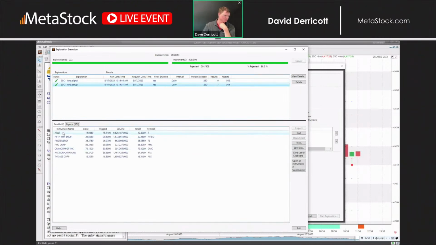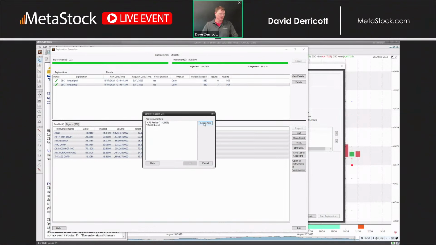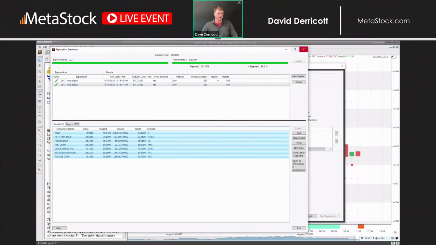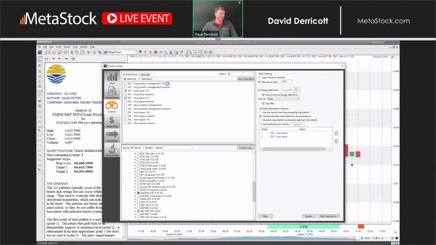This one's the setup. So let's go ahead and look at AT&T. I can actually make a list based on this, which is what I'll do. Make things a little easier, or I could just double click and open the chart from the exploration window. So I'm gonna go ahead and right click and choose Add Custom List, and I'm gonna create a new, let's do DD3S, and then we'll do Create, and then I can click OK. So now I can close the exploration window, and then I can go back to my chart tab.